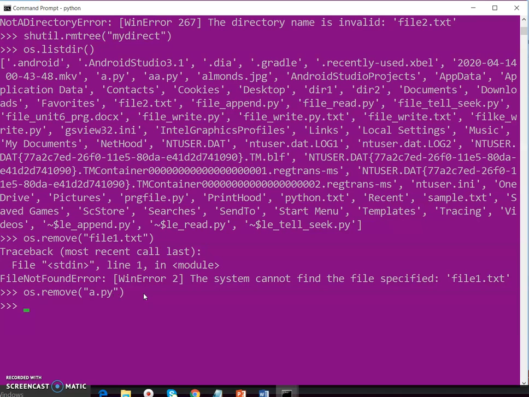So that file is deleted from the current directory. Or we can also use the shutil module to delete a non-empty directory.